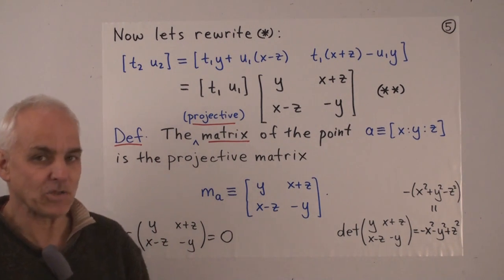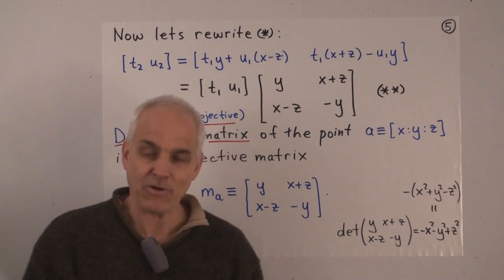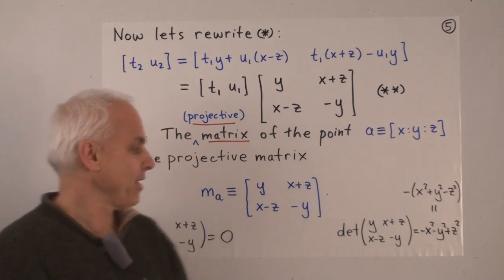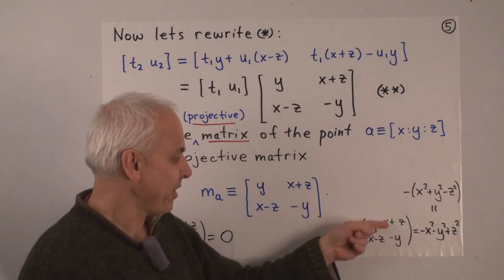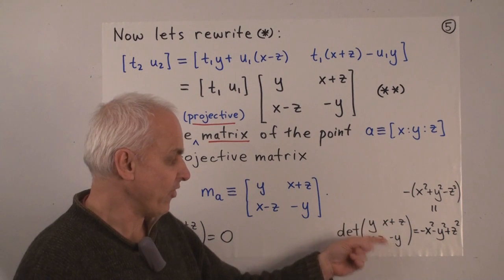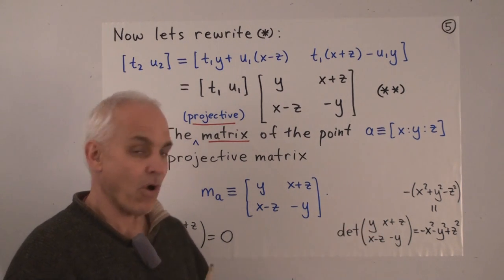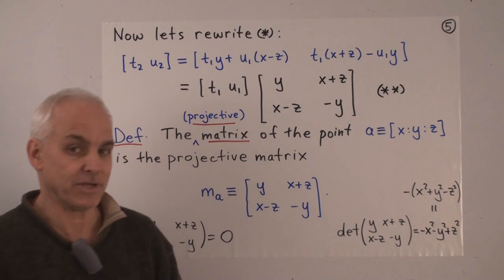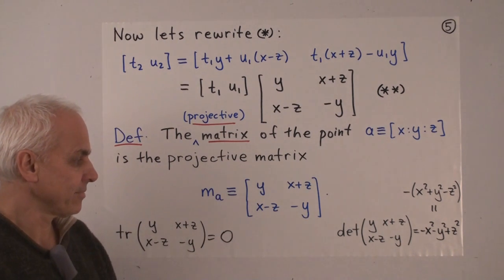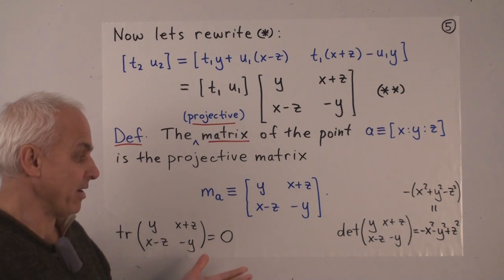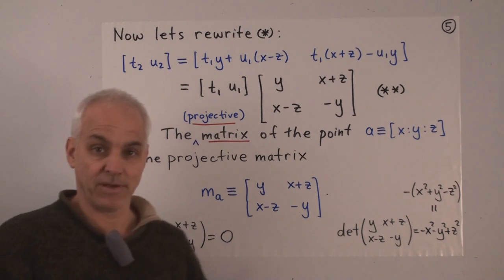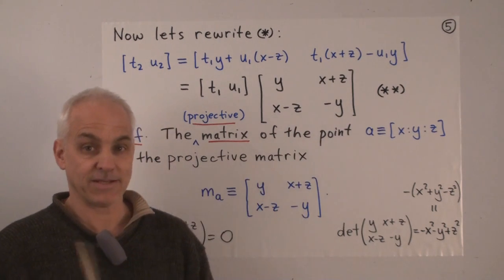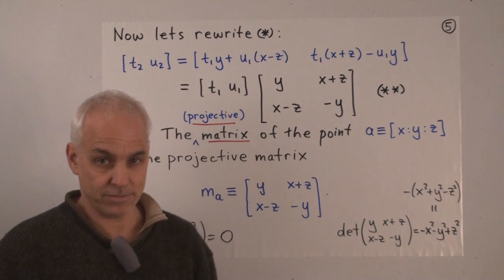And in linear algebra, determinant of a matrix being 0 means that the matrix is not invertible. It means that one of these rows is a multiple of the other, or in other words, the two rows are linearly dependent, or the two columns are linearly dependent as well. That's the most important thing about a matrix, to ask, is the determinant 0 or not? And here it exactly corresponds to whether the point that it's coming from is a null point or not.